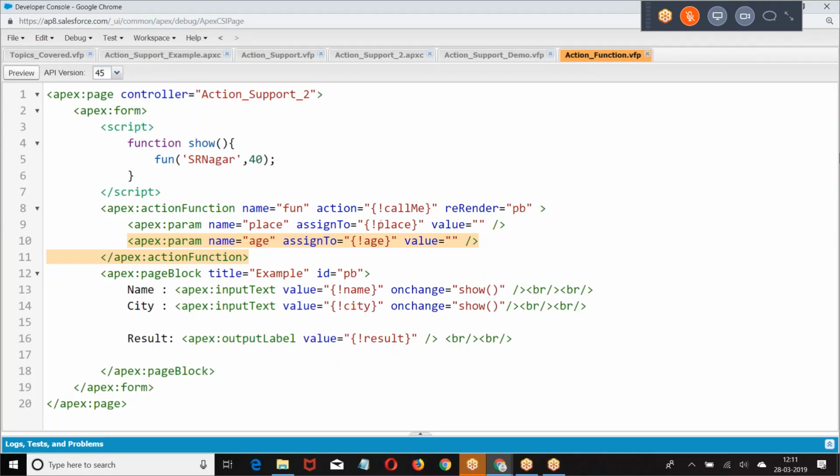Now, what was the requirement? Before you run the method callMe, first assign the value of place, assign the value of age, then you call the method callMe.